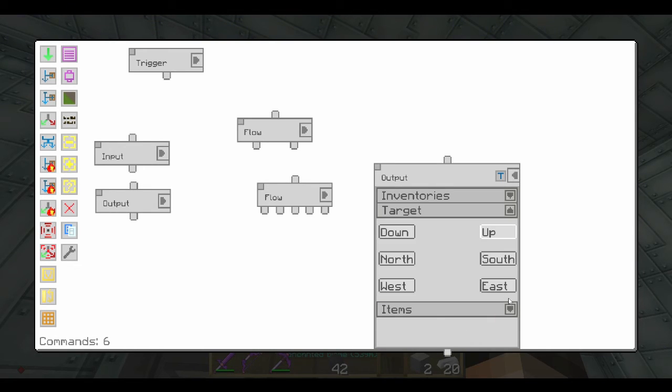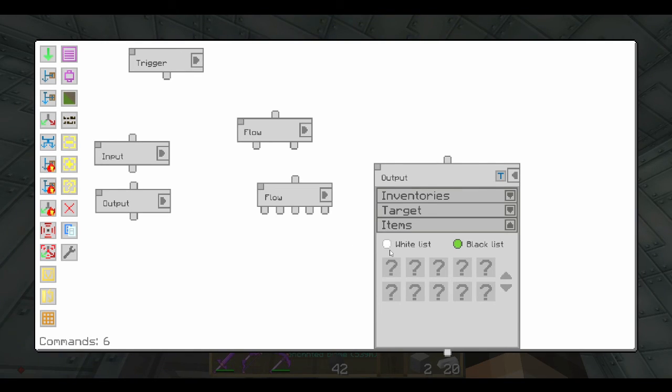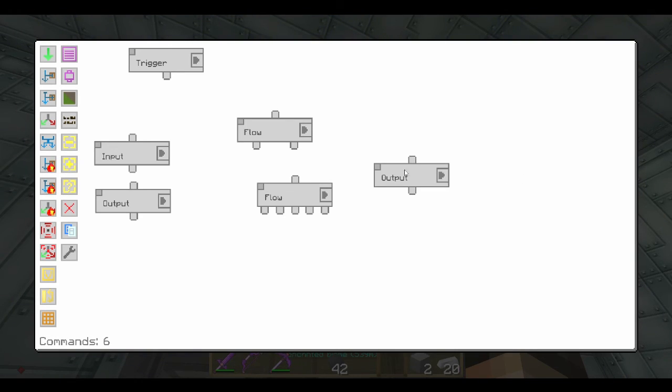And now your target is going to be north. And your item is going to be... I said gold. I said gold, didn't I? Yeah. Gold. So that's that one. Oh, excuse me guys, I'm kind of having a bit of a cough. Right, so that's that one. And then we're going to put in another 2 of these for